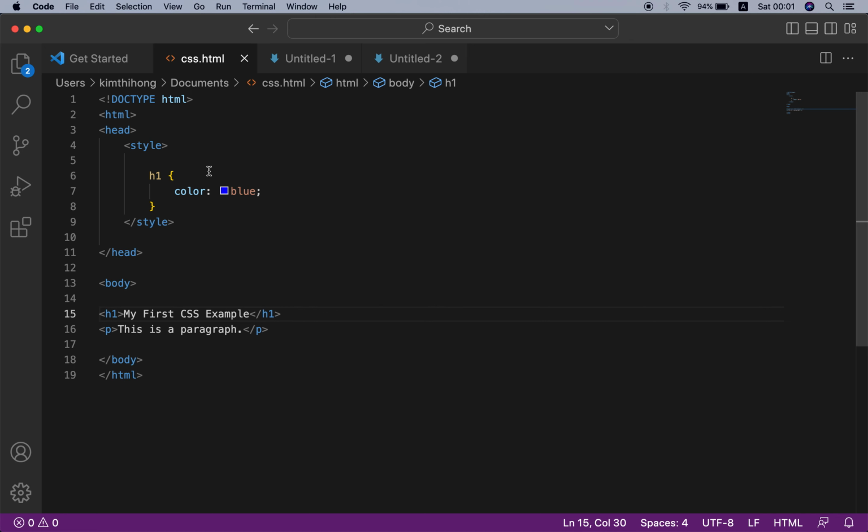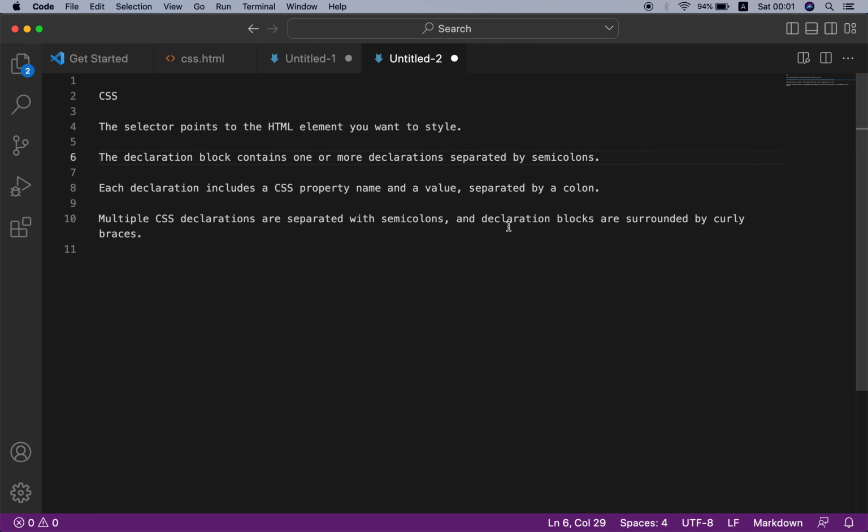And you see here the curly brace. Curly braces are used to make a declaration block, and inside a declaration block you can have a CSS property name and value.